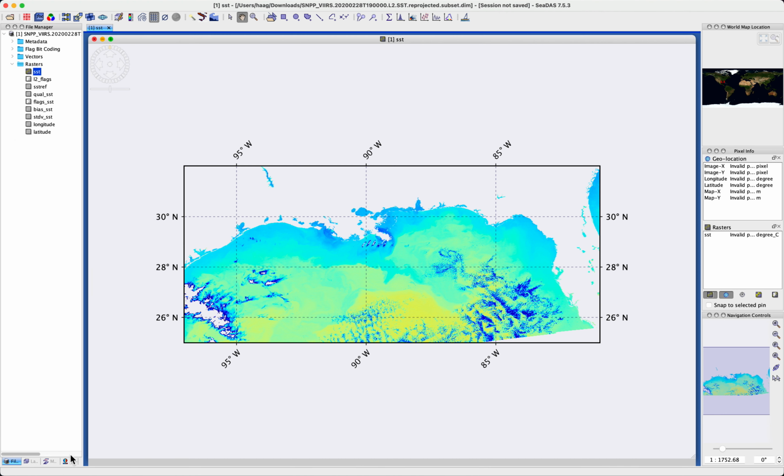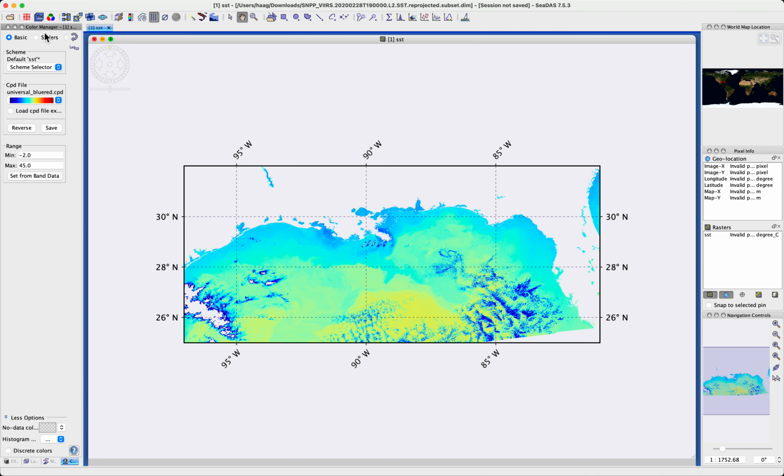So if I go to the color manager now with the window open, I am seeing the color manager user interface for this open image. If I had multiple images open with various bands and various data types, and I chose another one and selected it and then looked at the color manager, this information would generally change. But for the one we're working on here, an SST,